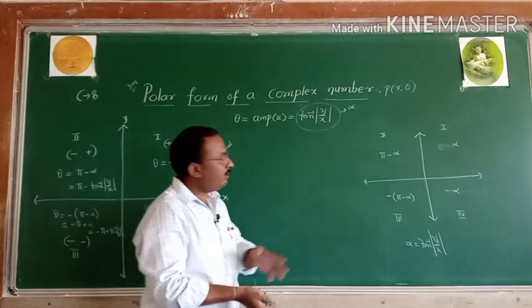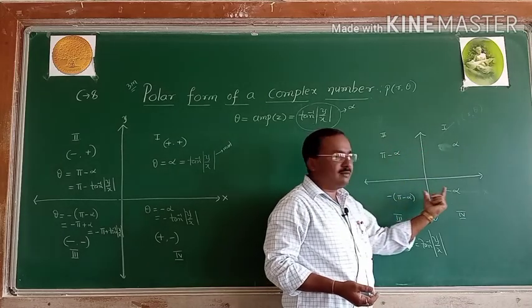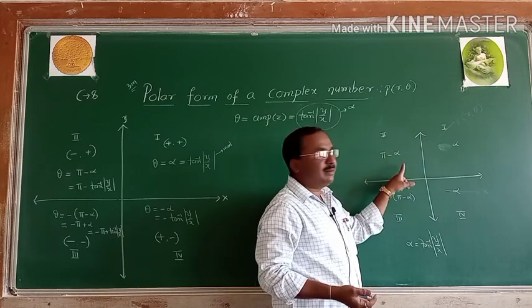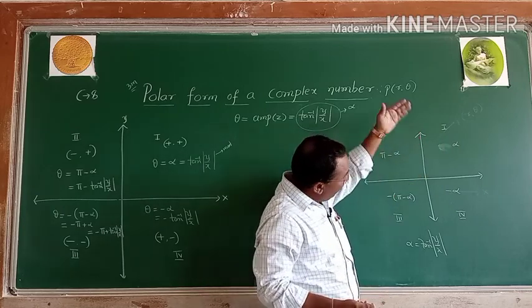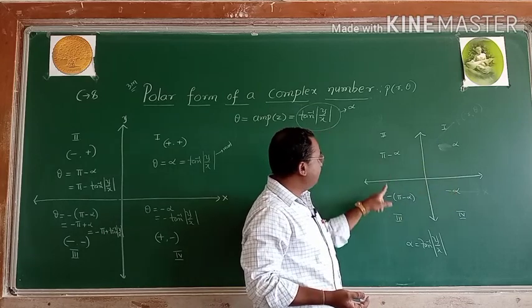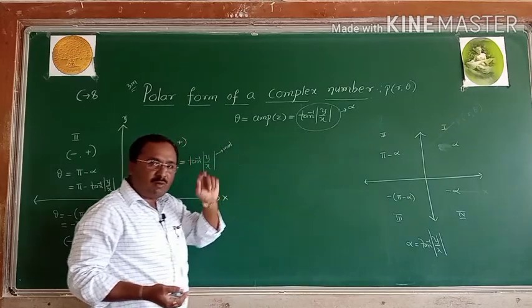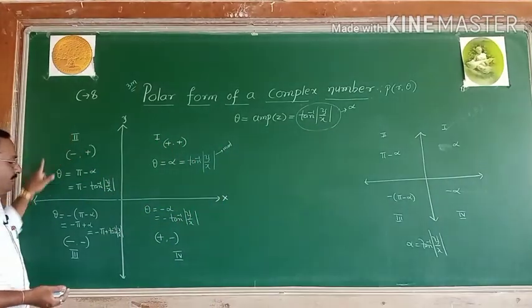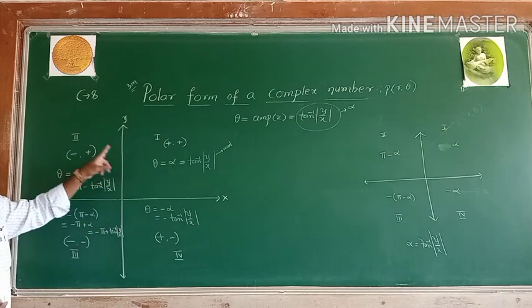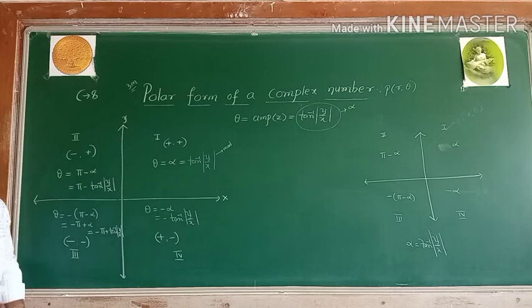Here first quadrant, second quadrant, third quadrant, fourth quadrant. Keep in your mind just two values, alpha and pi minus alpha. These are positive at the top, and at the bottom they take negative. Alpha becomes minus alpha, and this is minus of pi minus alpha. Alpha represents tan inverse of the modulus of y by x. That is the quadrant values, the amplitude. Understood? Any doubt? Okay.